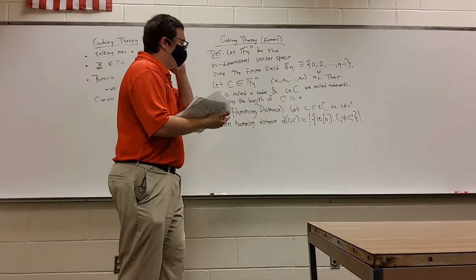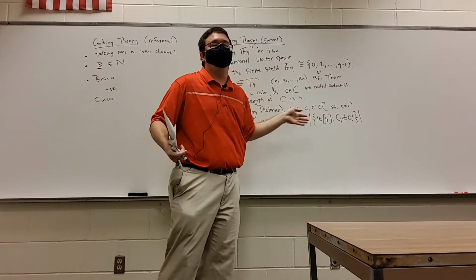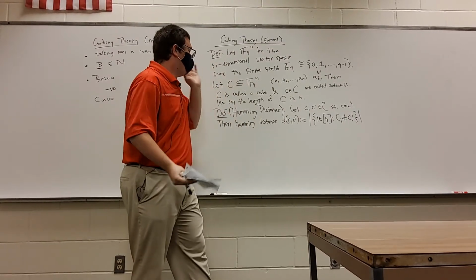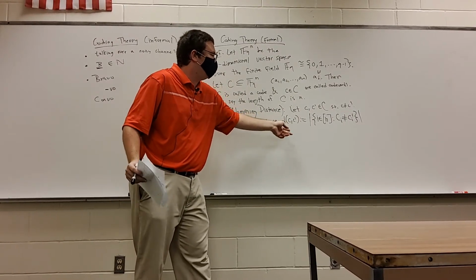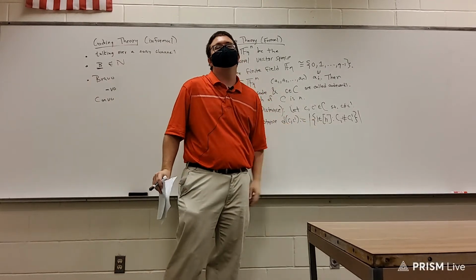This right here just means the set 1 to n. And the Hamming distance between two code words is going to be the number of coordinates where these two code